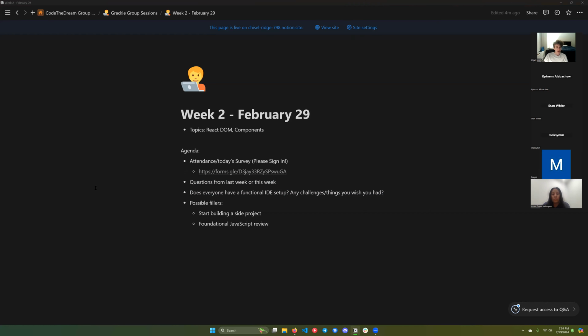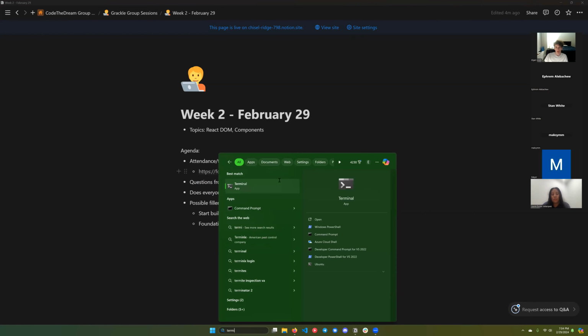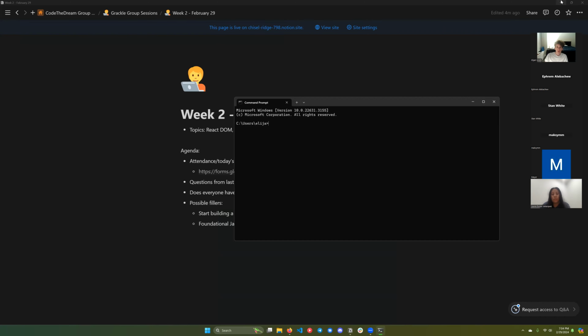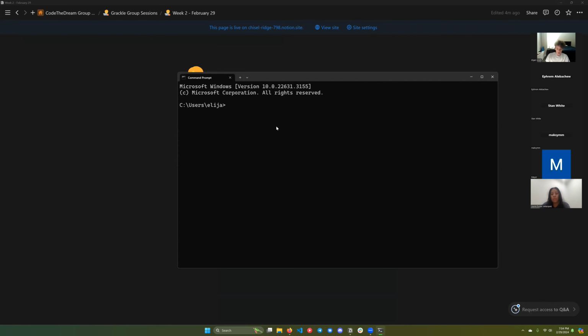Okay, so we have one question initially from Jenny about the difference between git push and git push origin. So let's run a quick little demo here. For the most part, let me know if this is too small for you guys. For the most part, when you are working in a Git project,